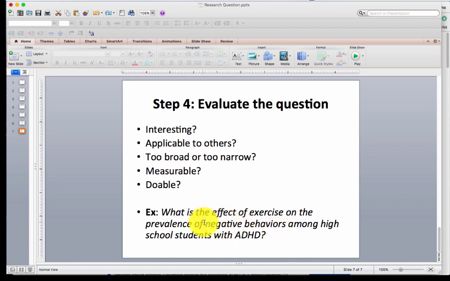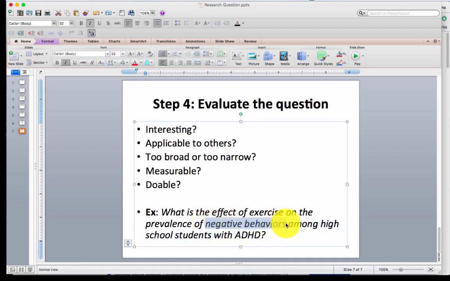Negative behaviors, you'll learn this soon, this is my dependent variable. That's the thing I'm looking at. You can observe and therefore count and measure a student's exhibition of negative behaviors. You can count that, so in that regard, it's measurable too. Things like thoughts, opinions, and feelings are not as measurable, so you just want to steer a little clear of that,